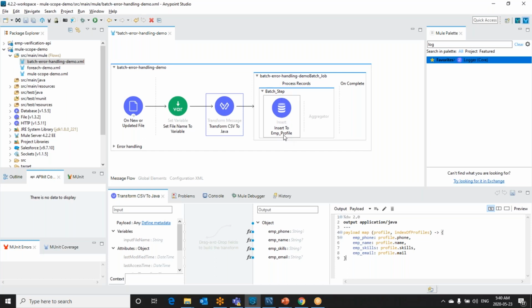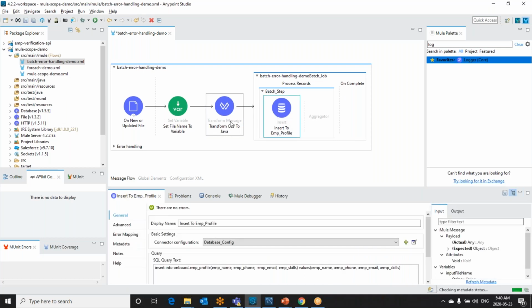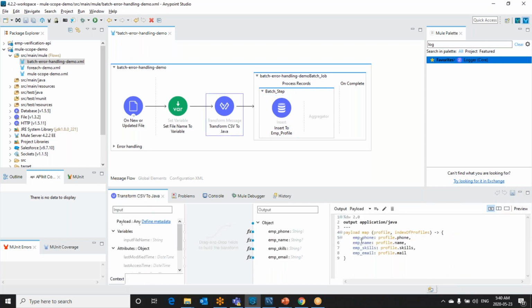Now I took insert to EMP profile and it is at record by record level. I have not taken a batch aggregator. We will see that too. Now we are processing record by record to the database. And if you see here, the input fields I have taken the same as the column names of the database.